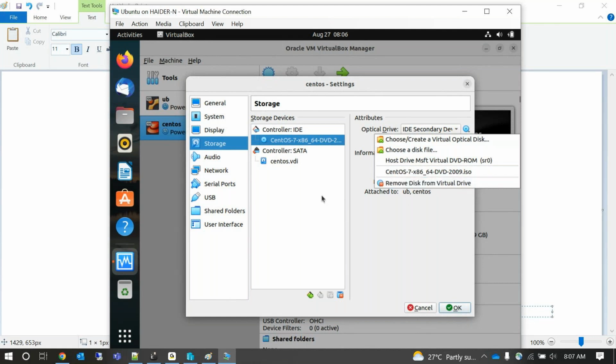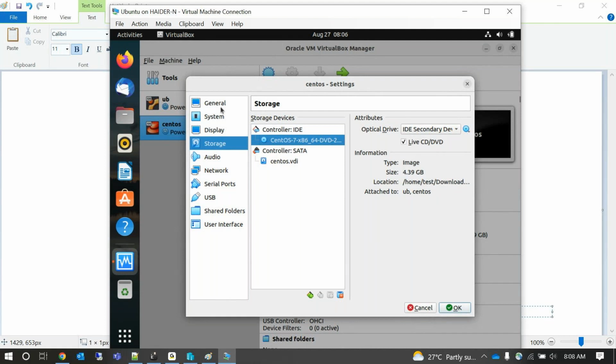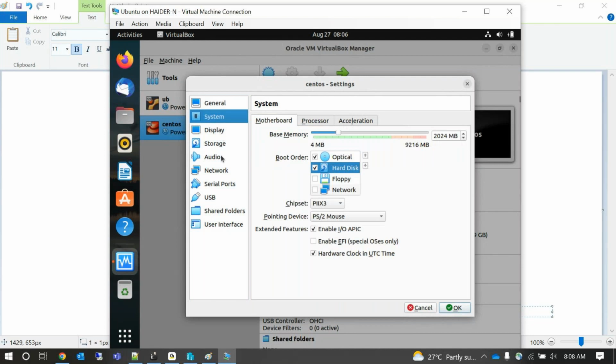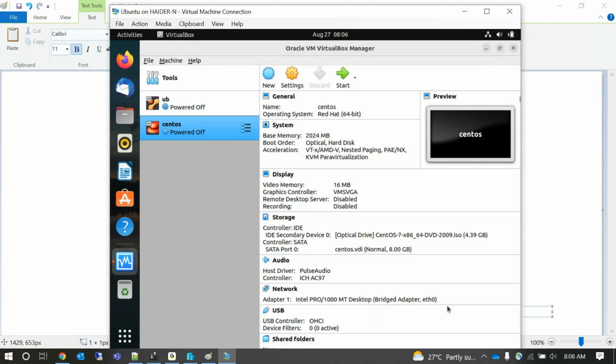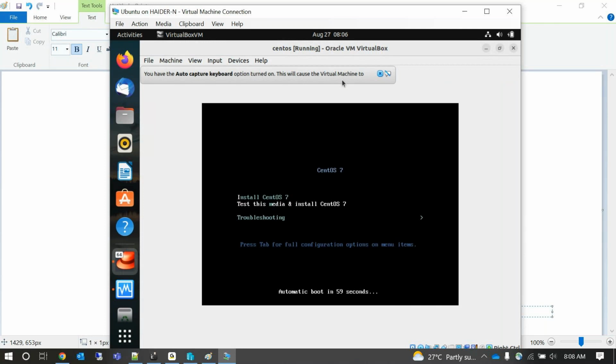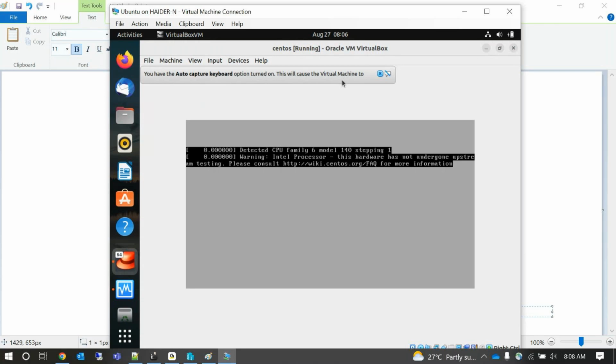So I'm just trying to replicate, or reproduce, your issue, whatever you are getting now. This is the optical disk, this is the hard disk. So I'll press OK and I'll do start. Each and every time it's going to give me the same window. This is what you are getting. Yes, sir. After that you need to click on install, and then once again it will pop up the same window. Yes. And when you restart also,